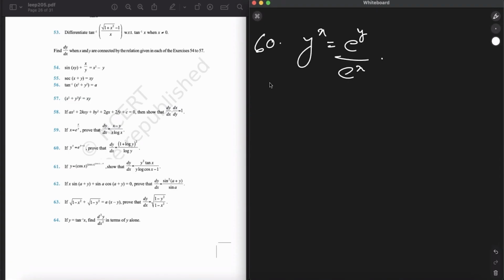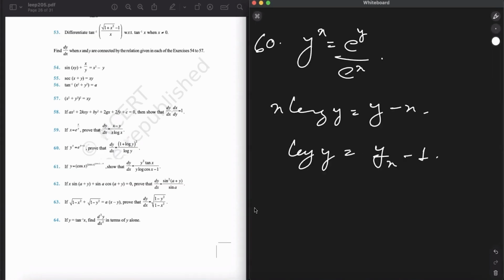Okay. लॉग कटर मारा है, ठीक है, तो लॉग लेना पड़ेगा. अच्छा, ओके, तो इसको लिख सकते हैं x log y is equals to y minus x. ठीक है, एंड log y is equals to हो जाएगा y by x minus y. ओके, ठीक है ना. तो या तो इसको वैसे ही रहने दें, x log y, तो डिफरेंशिएट करने में इजीली काम हो जाएगा. इसको अगर डिफरेंशिएट करूं x को कांस्टेंट रख के,